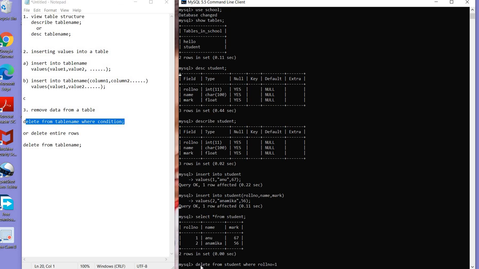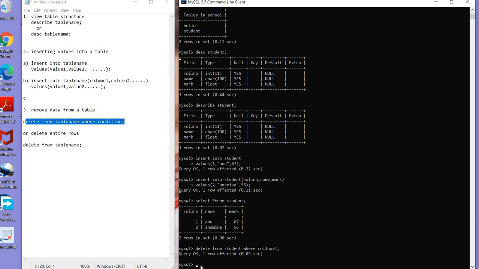Okay, so we got the result. How can I check whether it is deleted or not? Same method, SELECT star from student.